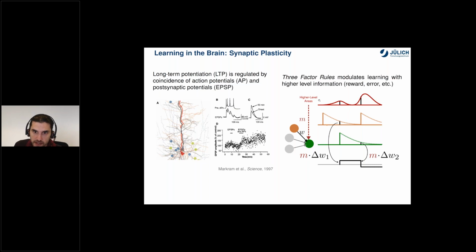So what we also find is that it's useful to add in additional information that just comes from elsewhere that is representative of the performance on a certain task. And you can see this as like a third modulating factor that changes how the weights are going to be updated. And interestingly, these kinds of rules can be made compatible with gradient descent, hence these spike-based deep learning models of computation. And there is several work now that builds on these ideas, we call them surrogate gradients, because you need to do certain approximations that result in a surrogate network.